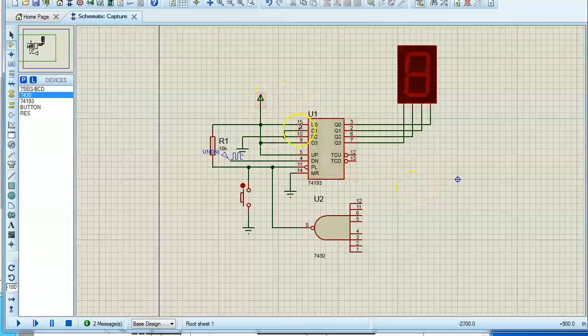So we already configured 9 as a start value. Now we have to do the end value. 3 means what will be the binary sequence? 0, 0, 1, 1. So I am going to pull these two signals. These two are 1, 1. Now 1, 1. We expect this one should give me 0, right?